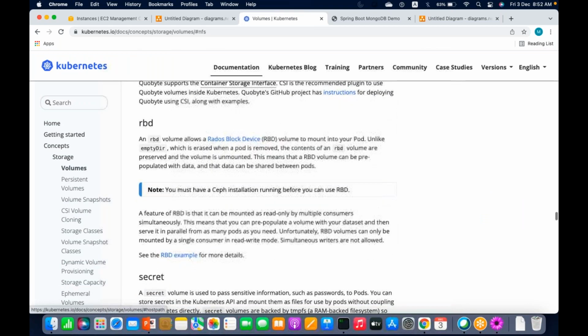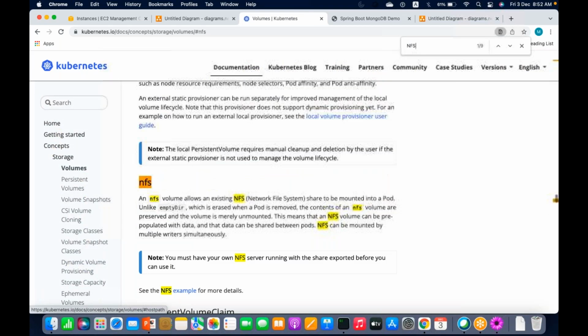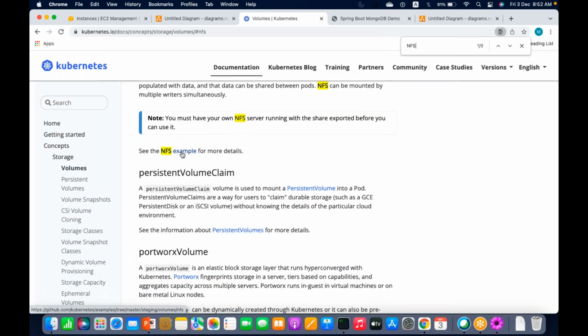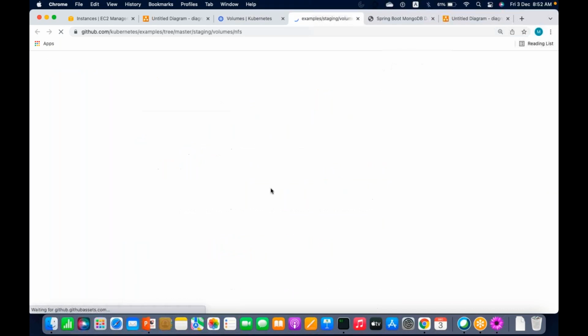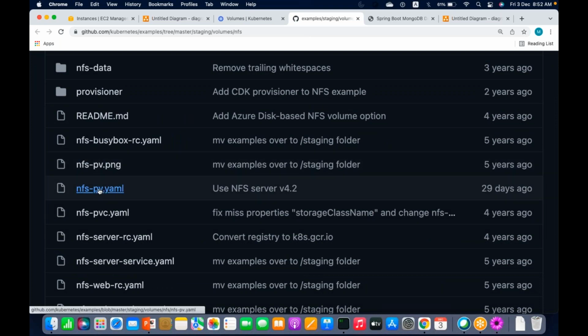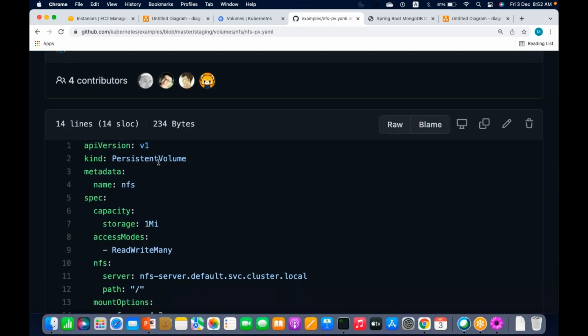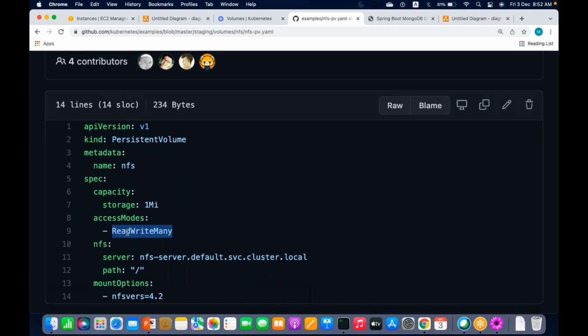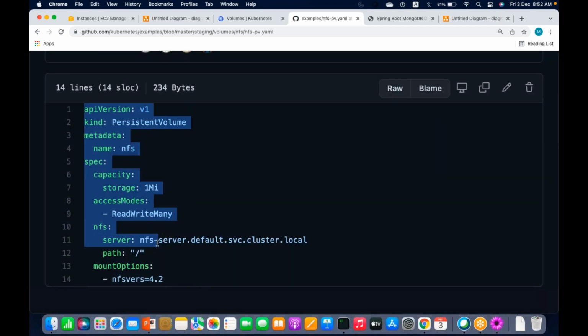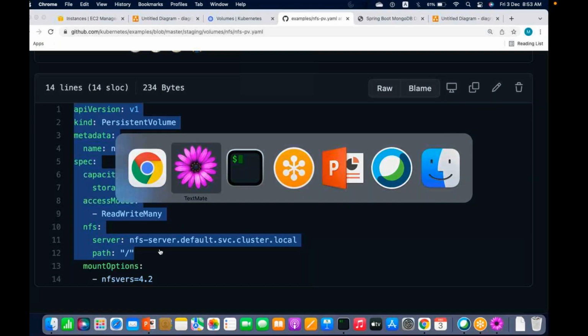So I can create one YML, something like this. In the persistent volume I can specify access mode, NFS server, path, all those things. I can create a volume like this